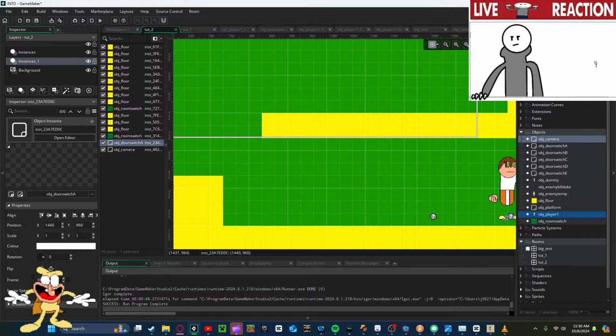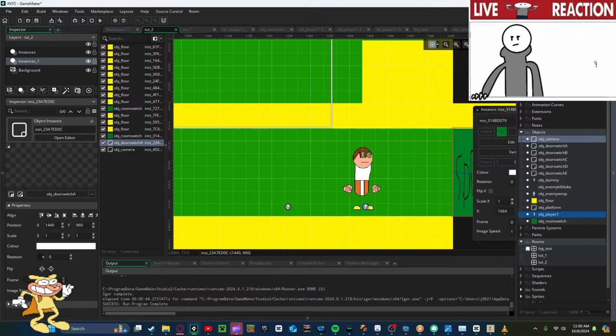So what I've done is I've also left a little gap at the bottom here at the end of room 1, which is where, when we walk to here, we're going to place an object that will detect if we touched it, and if we have, it'll take control away from the